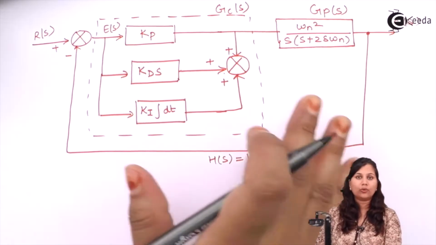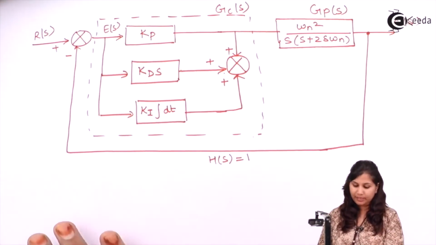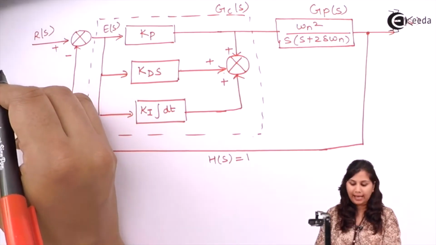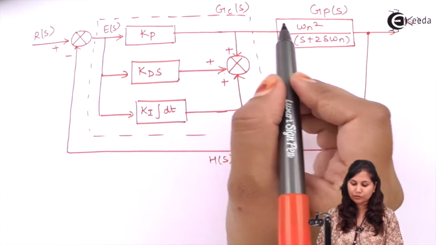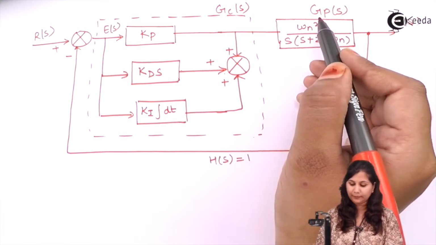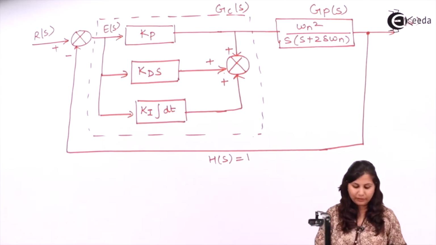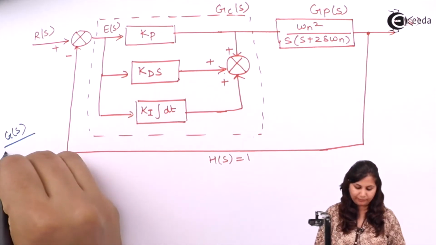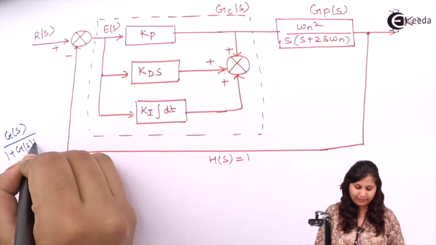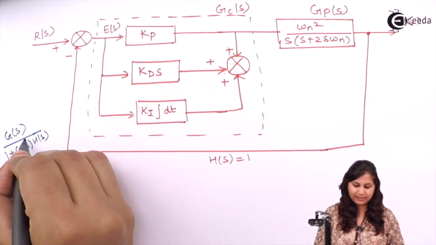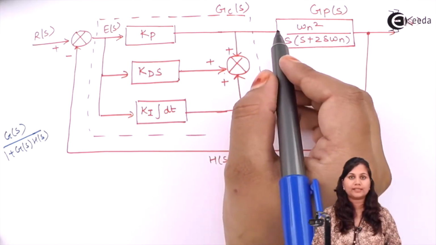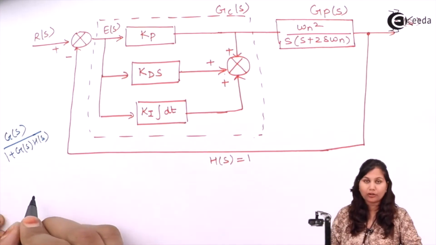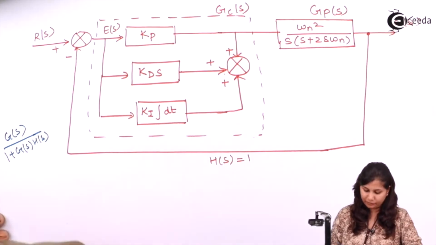Now if we write the overall transfer function of the system, then it is given by the ratio of C(s) and R(s), and it will be the multiplication of G_C and G_P. Because we know that for a unity feedback system, the transfer function is G(s) upon 1 plus G(s)H(s). Here H(s) is 1 and G(s) is what? It is the multiplication of this G_C and G_P. So we will write here the overall transfer function of the system will be